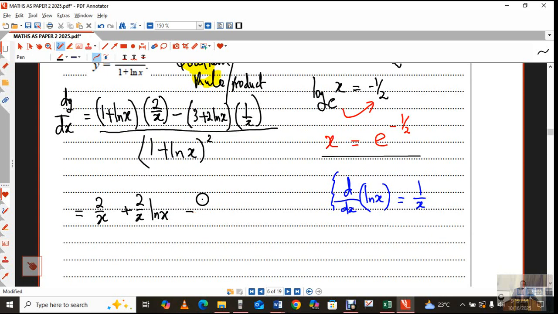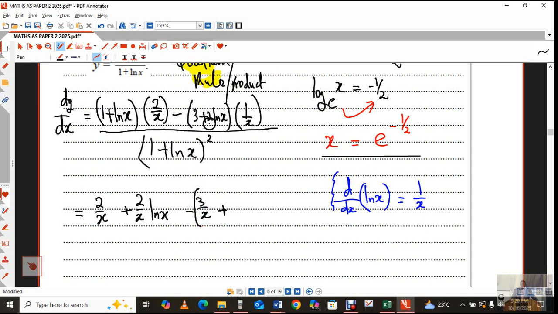That's minus 3 over x, this times 3, plus, and this is very important that we understand this concept: I'm multiplying this into that. This is one term, but there is a minus there. Since there is a minus, I'm going to put a bracket here,